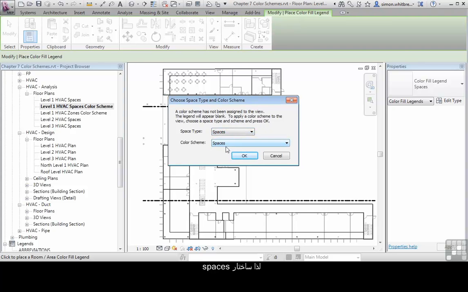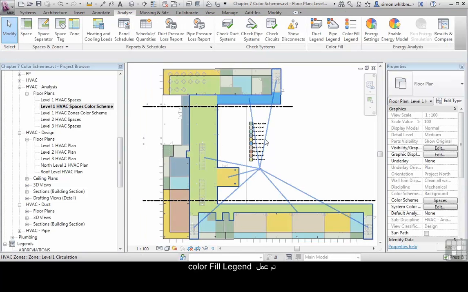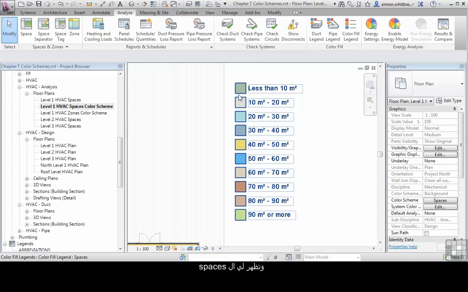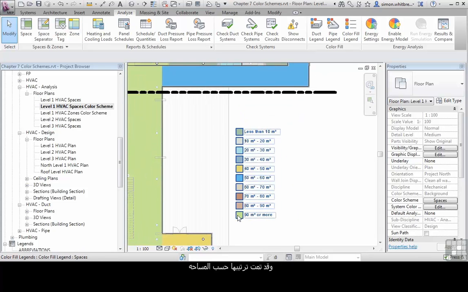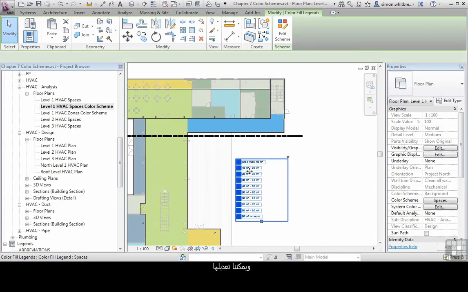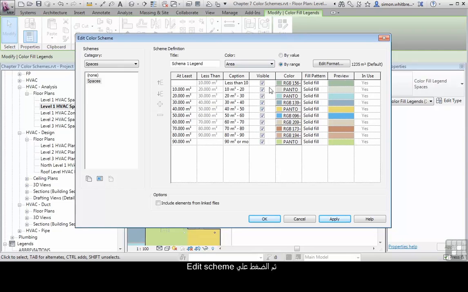So I'm going to choose spaces, and the colour scheme I'm going to choose is spaces. Click on OK. This has now created a colour fill legend that shows me spaces arranged in a range of sizes. We can edit this colour scheme by selecting the colour scheme itself, click on Edit Scheme, and change things